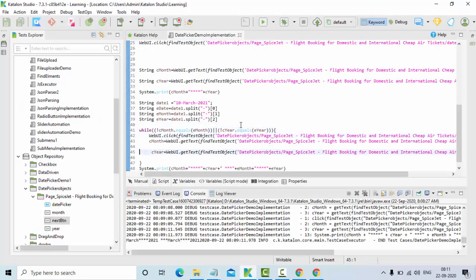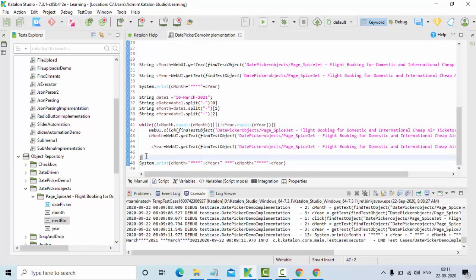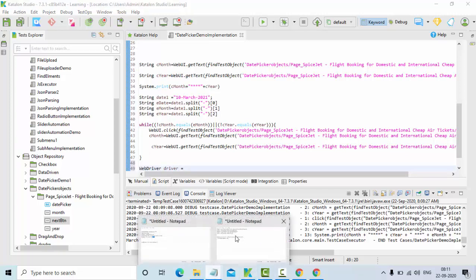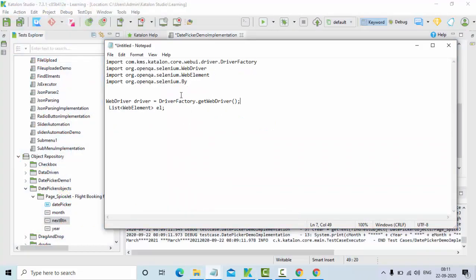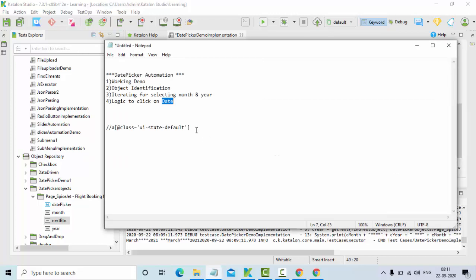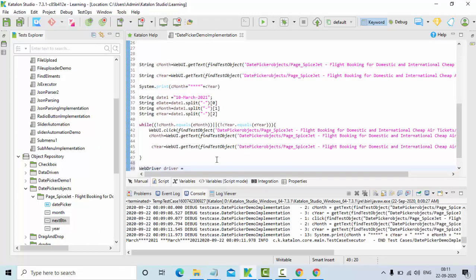Once we got this month and year successfully, it's like WebDriver driver is equal to, I actually forgot this, so DriverFactory dot get web driver.